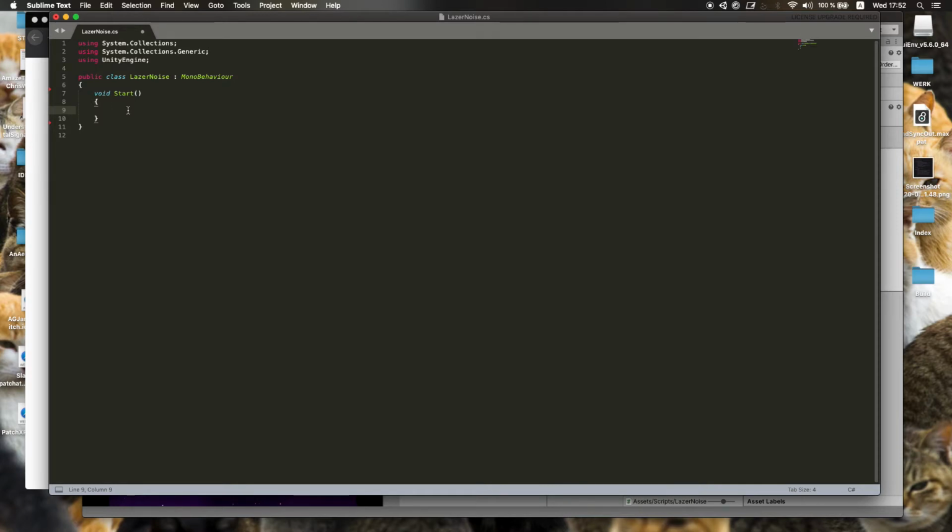First up, we need to get a copy of the ChucK sub instance that was attached to the same game object as the script. So in order to do that, we can do GetComponent, and get the ChucK sub instance. Okay, so that will get us a copy of the ChucK sub instance, and then from there we're going to run